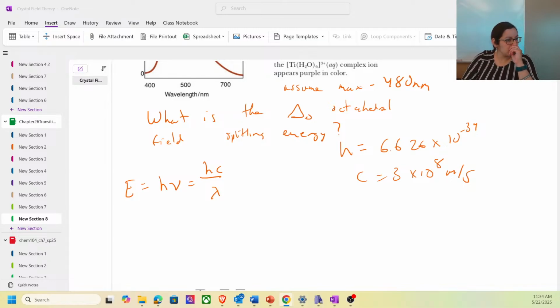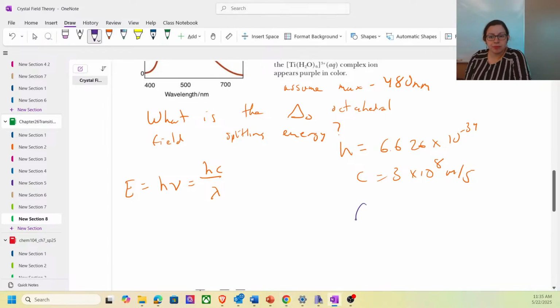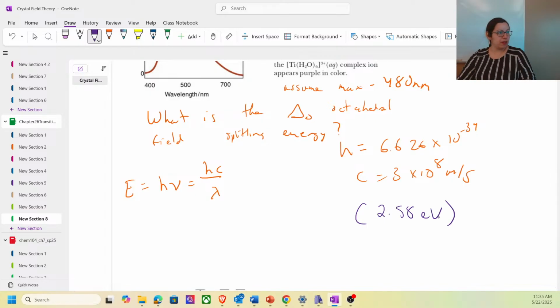Oh, electron volts, but what'd you use for Planck's constant then? So I know hc is 1240 nanometers times electron volts, something we learned in physics, and then I took the wavelength and divided that. That cancels the nanometers, and you're just left with electron volts. So how many electron volts? Sorry, 2.58. So 2.58 electron volts, which